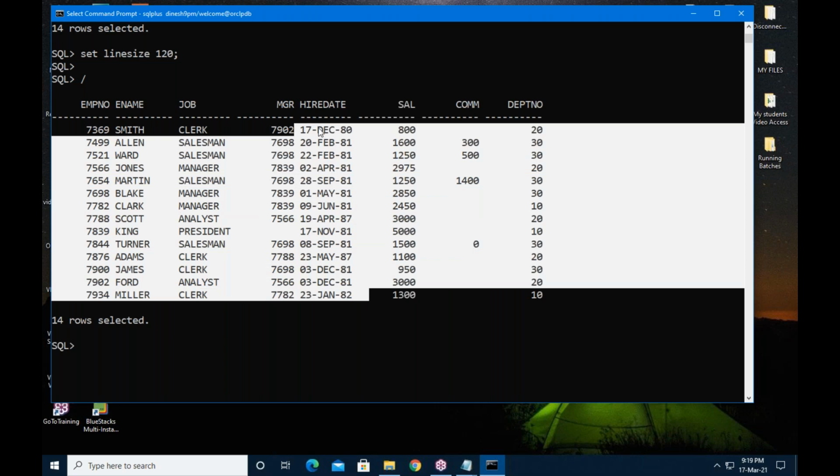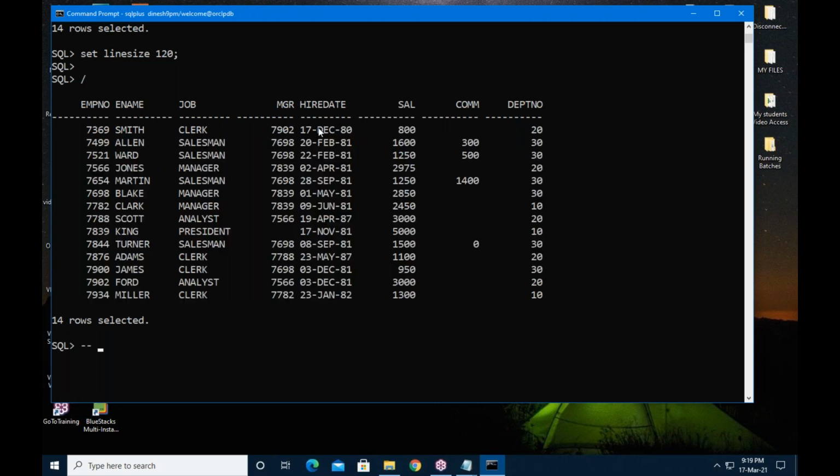In these employees, I want to display the oldest employee to the latest employee from the above table.